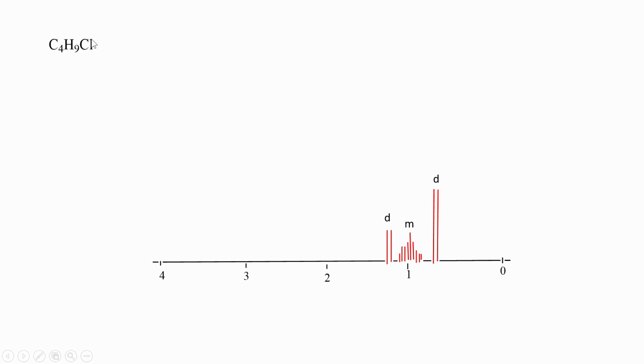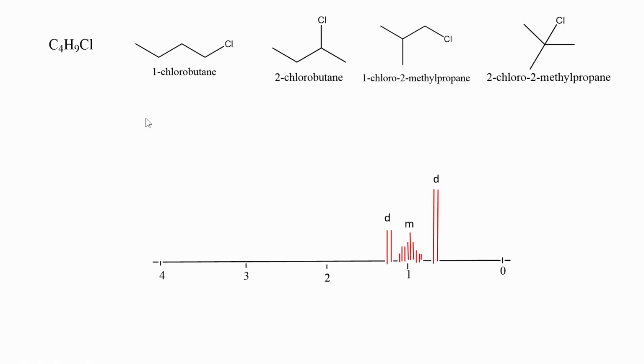Here you are given the molecular formula of a compound. How do you use this NMR spectra for determining the exact structure of the molecule? For this, first of all, you have to write the constitutional isomers of this molecule by writing its bond line structures first. These are the bond line structures of this molecule, whereby we can write this molecule as straight chain